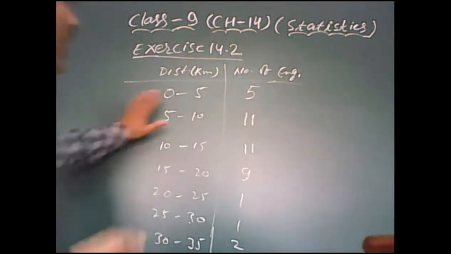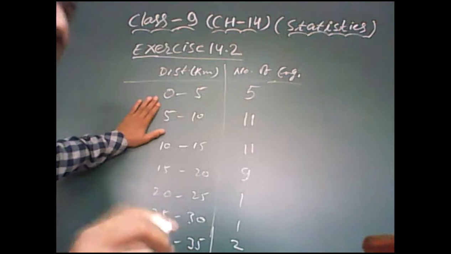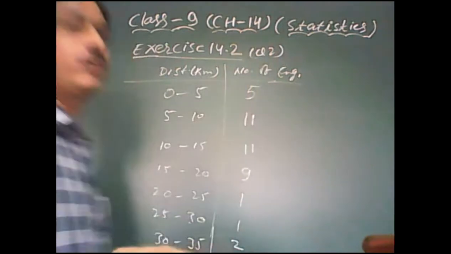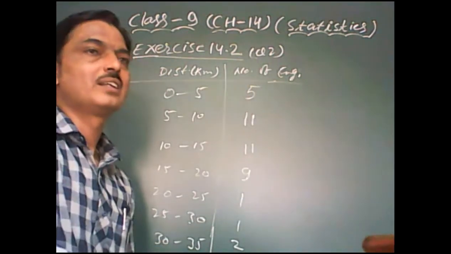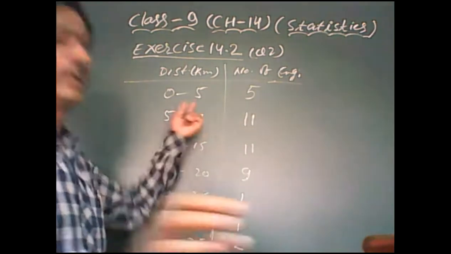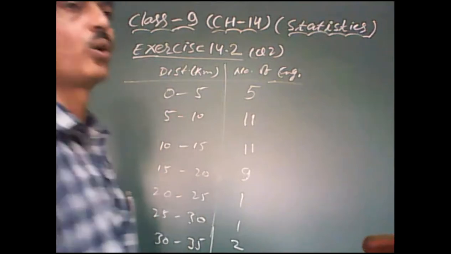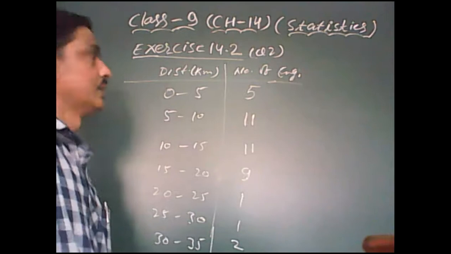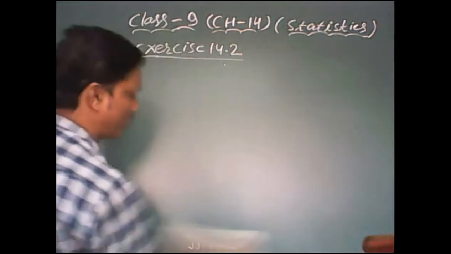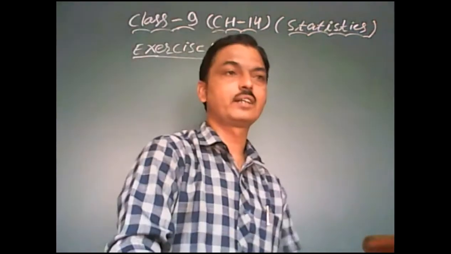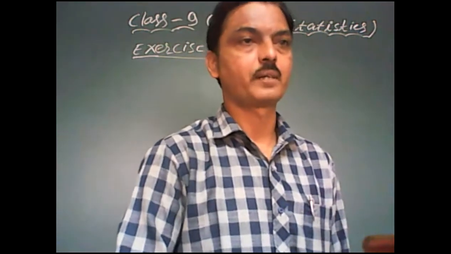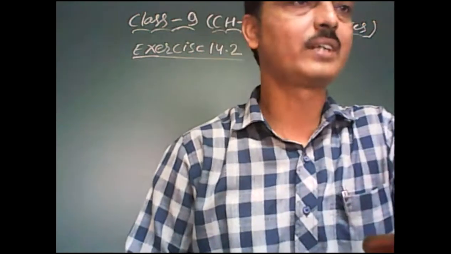This table is known as a group frequency table, as we discussed in the previous segment of this chapter. This is question number 2, and in question number 1, this type of table is there. Yes, that is an ungrouped frequency table because only blood groups A, B, O are there. There is no group to be defined there. Now, similarly, you can convert the tables given in questions 3 and 4 also. Now, look at the screen, students.